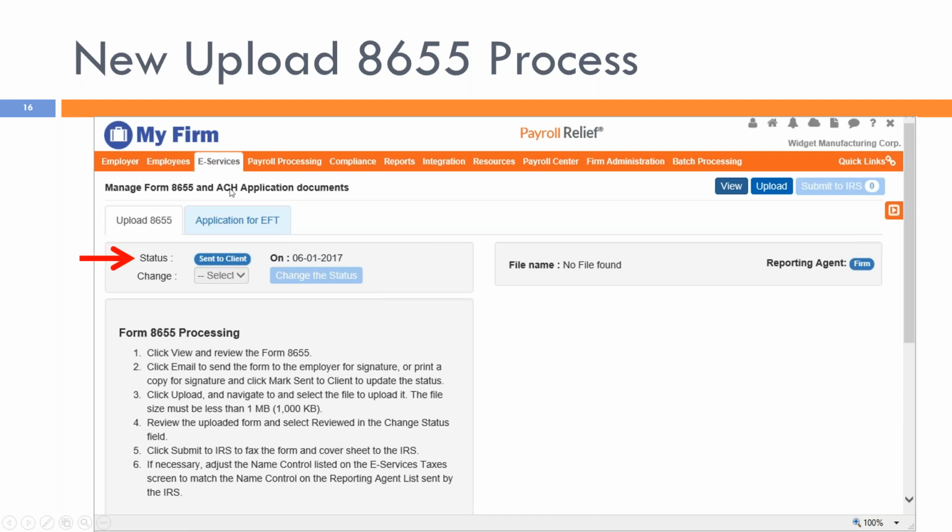Okay. And it's also changed the reporting agent to the firm, which is you. Okay. Once you get the form back from your client with the proper signatures and you've scanned the document, you're